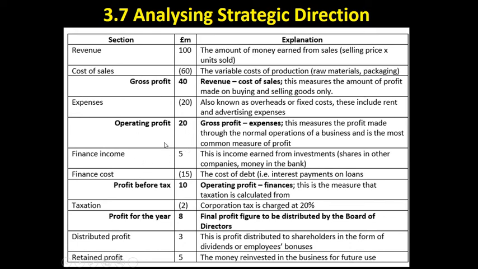So once we've done that, we need to account for other revenues and expenses, or other income and expenses. So they've had some finance income, which might be money earned from investments, so shares they have in other companies, or interest earned on money in the bank. Okay, so that's there, and maybe they've borrowed some money as well. So 15 million on debt repayment. So 20 plus 5 equals 25 minus 15. They are left with £10 million profit before tax,